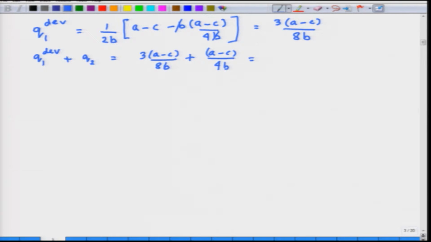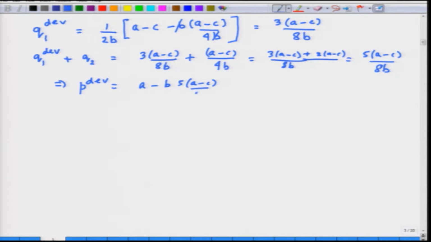This adds up to, so let's ask what this would be. If I have an 8B here, that will be 3 times (A minus C) plus 2 times (A minus C). So, that will be 5 times (A minus C) by 8B. This would be the total output, which means that the deviation price, which is given by the inverse demand curve A minus B times (Q1 plus Q2), which is 5 times (A minus C) by 8B, turns out to be (3A plus 5C) divided by 8,